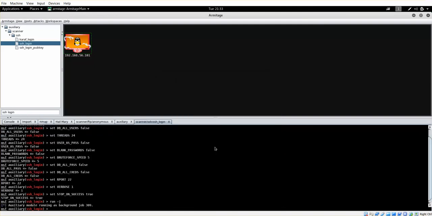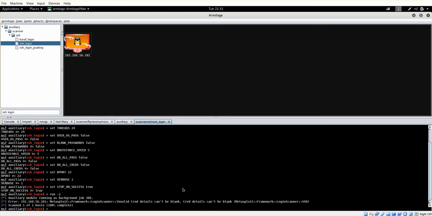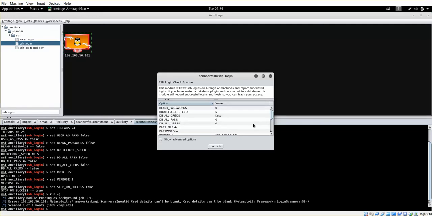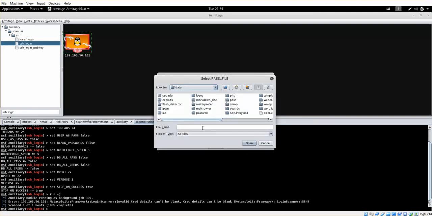We're just going to go in and demonstrate. So it can be blank, so we need to specify credentials. Okay, if you have an error message, you'll be able to see that. Let's see, double click to come to the menu. We need to reconfigure the actual exploit here. Blank passwords, we can tell it false. Password file. If you click